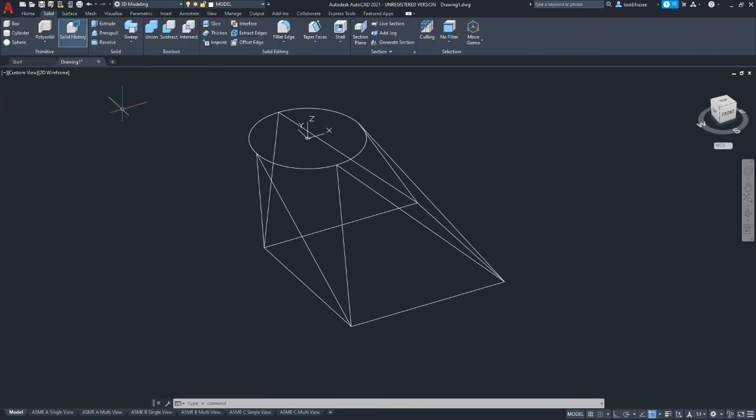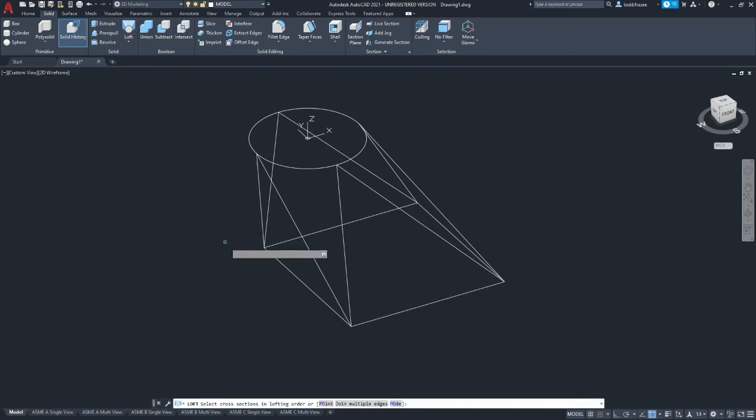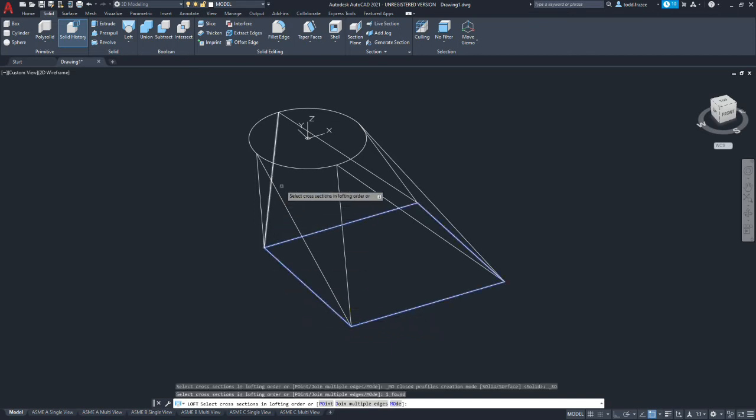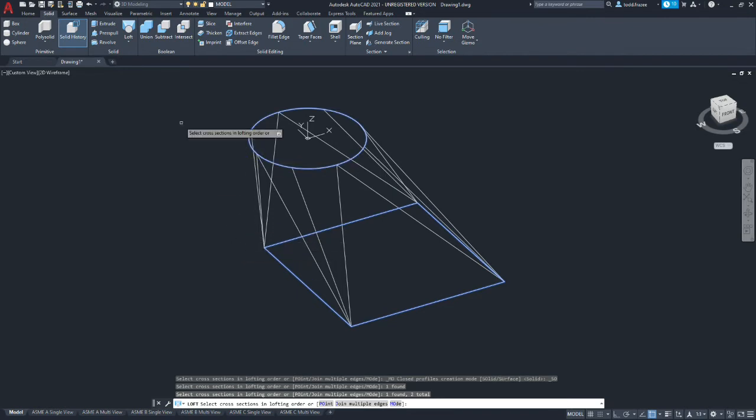Go to solid, pull down on sweep and select loft. We're going to pick our two profiles. And now we're going to hit enter and we're going to select guides. And we want to make sure we get them all and do them in order.